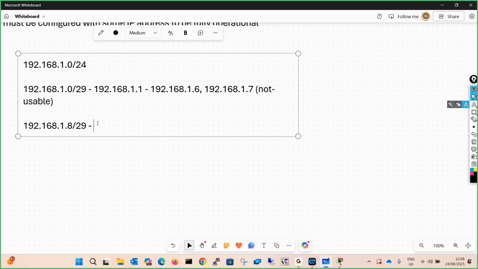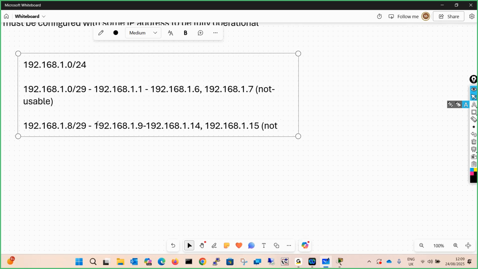Similarly over here, the first usable IP will be 192.168.1.9 and it will go up to 14, and the broadcast IP will be 192.168.1.15 for this subnet.